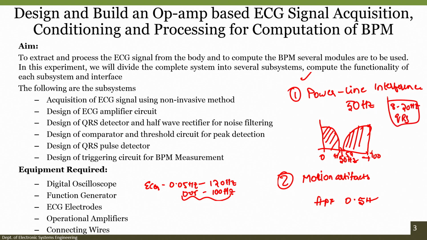Since this particular frequency is required by us, as long as we can allow this particular band of frequency, and remove other bands of frequency, we can compute the BPM. But we will try to use proper filtering circuits so as not to compute frequencies below 0.5 hertz and above 100 hertz, so that we can see the proper ECG signal in our oscilloscope DSO2.